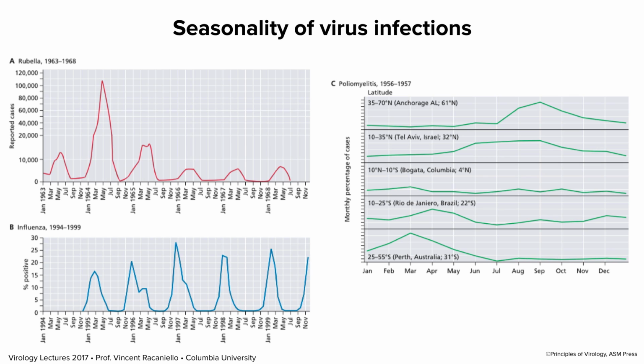For the most part, we don't really understand this. We don't know why seasonality occurs. There's some suggestion that influenza seasonality is controlled by humidity. So in the winter, it's not very humid. It's very dry and cold, and we think that might preserve viral infectivity. In the summer, it's humid, and under those conditions, at least in the lab, humidity and high temperature tends to inactivate that virus. But that by no means explains all of seasonality of influenza, and for all of these other viruses, we really don't understand what controls why they infect at certain times of the year.